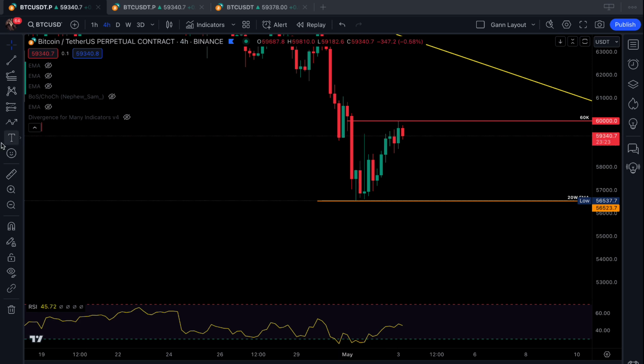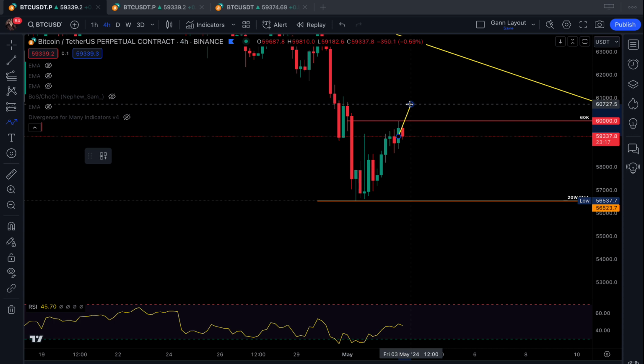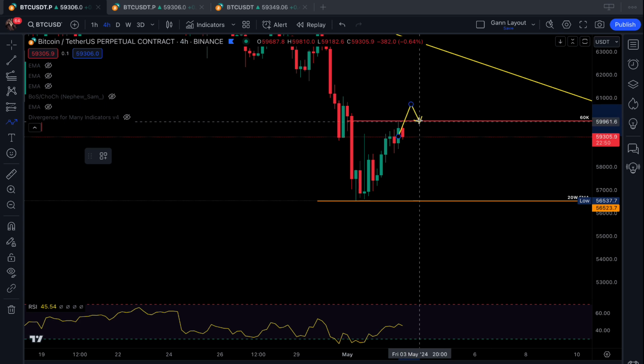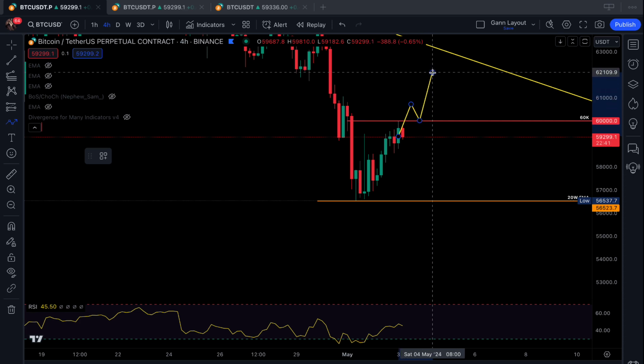clear trading plan, okay? What I would like to see is a daily close above 60K. A daily close above 60K will give the bullish scenario a lot of credibility. The issue I have here is that today is a Friday. Fridays are known for reversals, but after the Friday, we go into the weekend, and in the weekend, everything is possible. So, a daily close above 60K is the first phase. What I would like to see after that is a weekly close above 60K. If there is a weekly close above 60K, the bullish case will become a lot stronger.